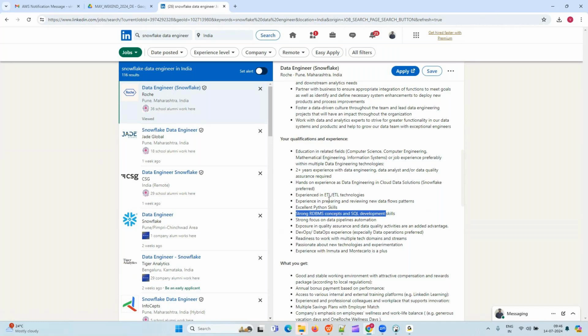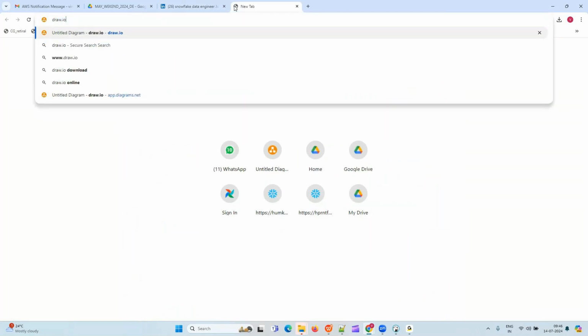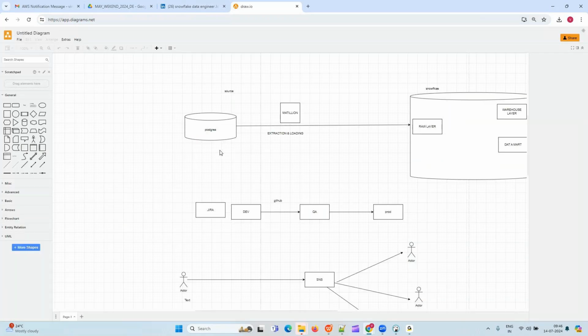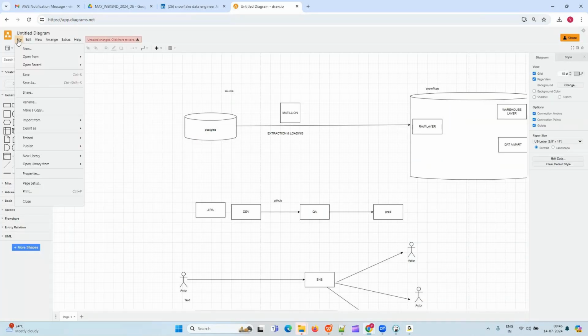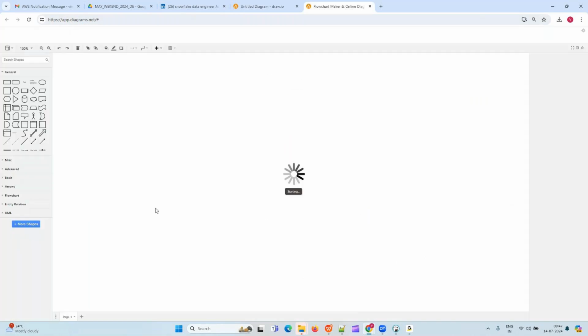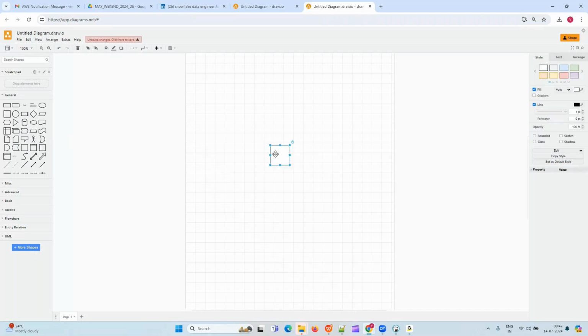As part of our course, we are going to focus mostly on Snowflake. So 80% of our focus is on Snowflake. We are going to learn mostly Snowflake first, and all the concepts will be covered on Snowflake. And around Snowflake, we are going to learn some extra tools as well.